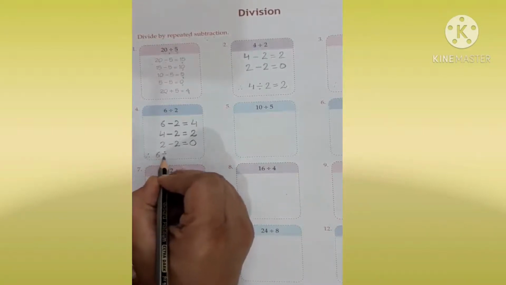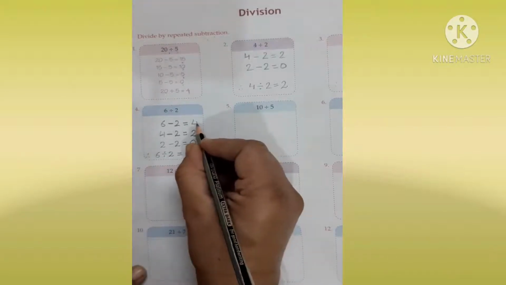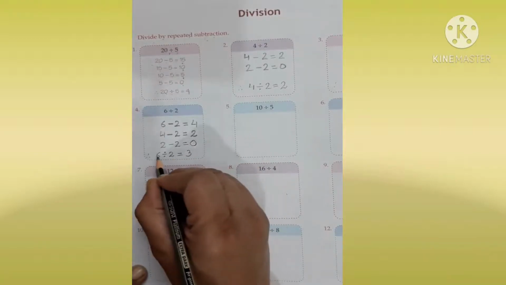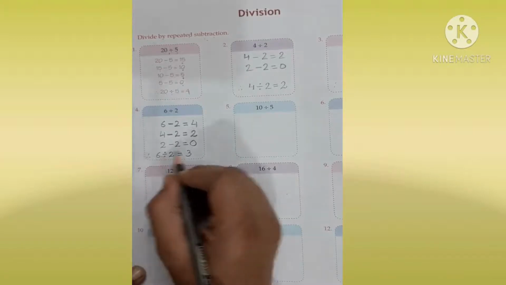So 6 divided by 2 is equal to 1, 2, 3. 3. 2 threes are 6. Next,